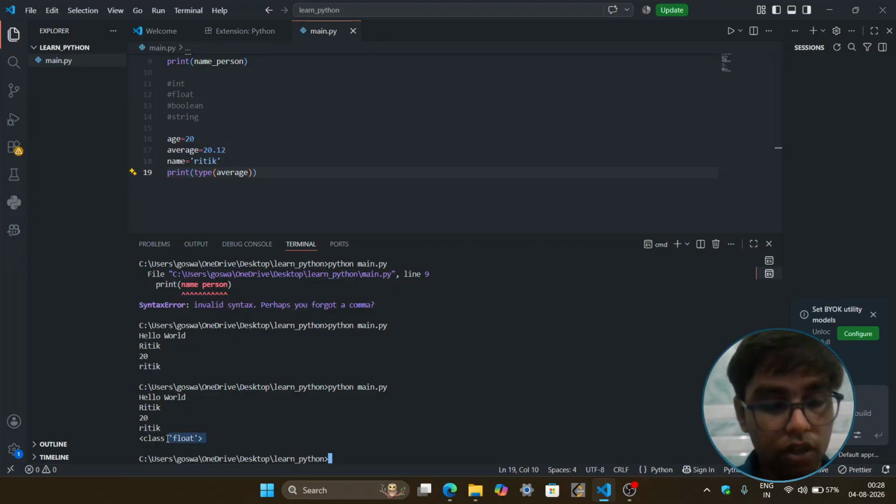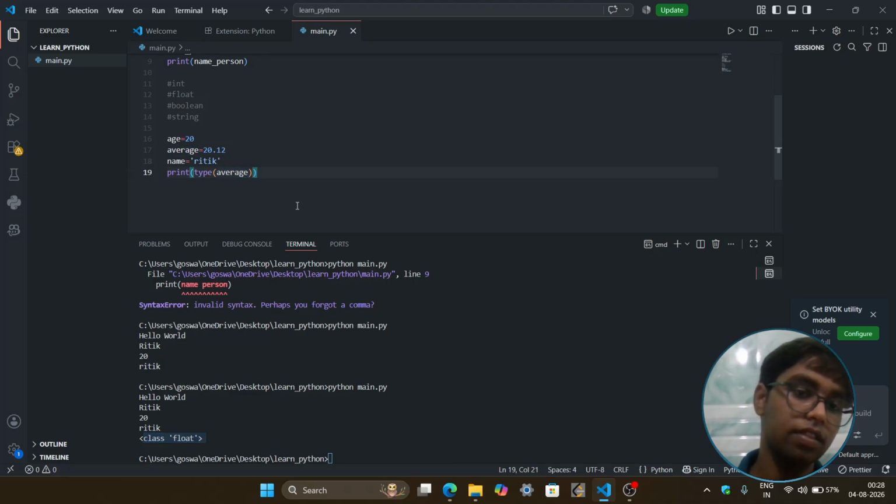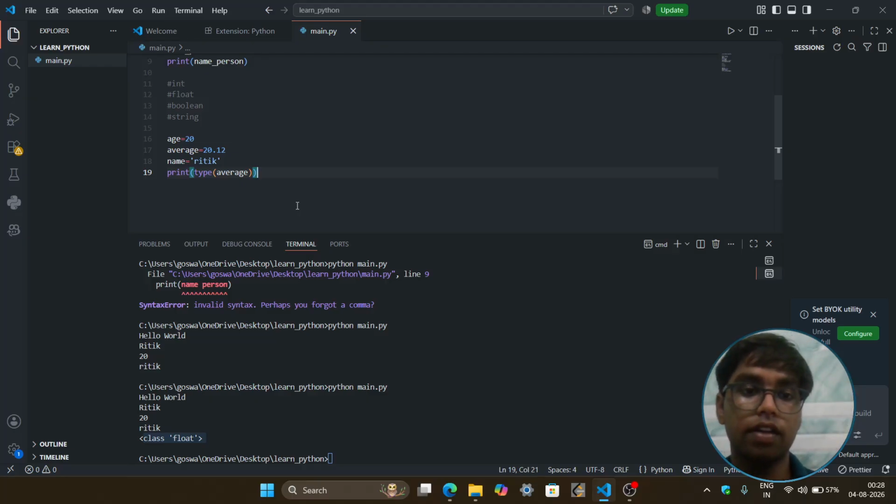So class float, it tells us what is the data type of our average variable. So now we are done with our type function.